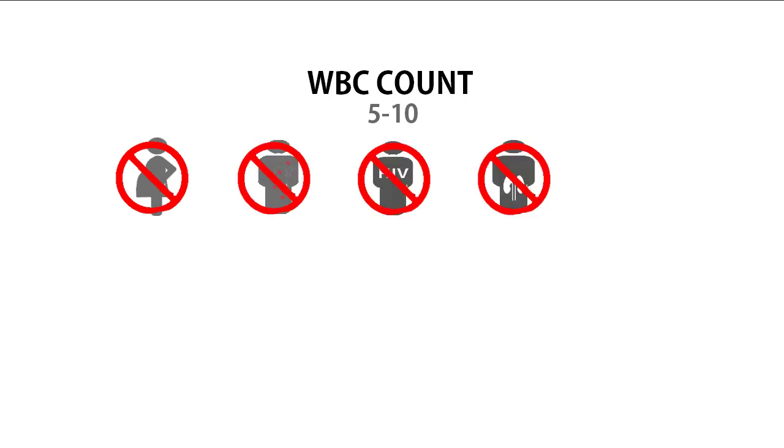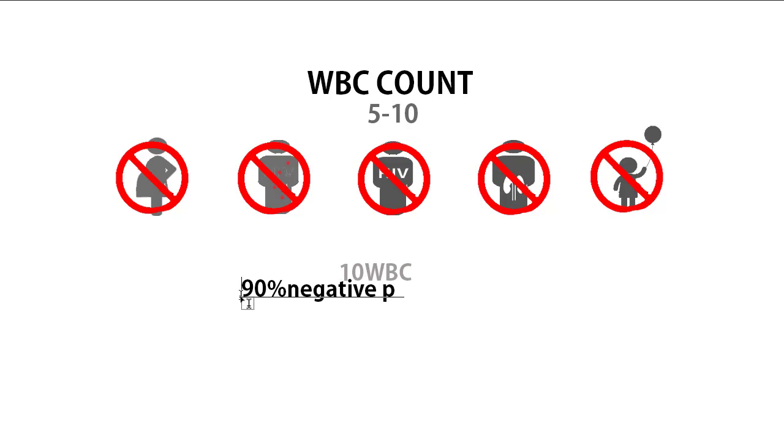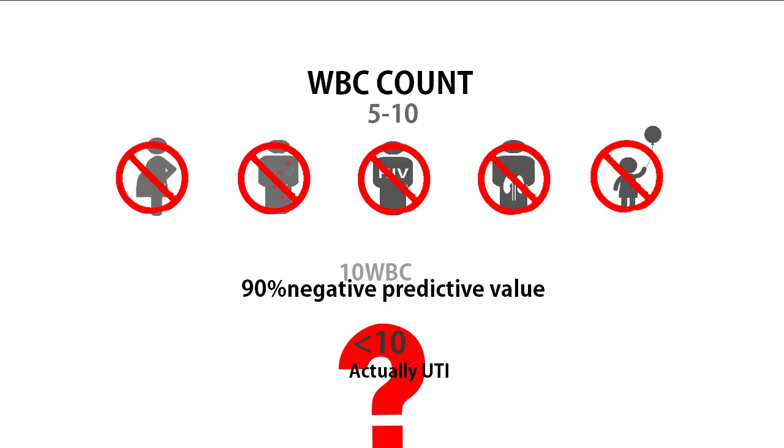Our lab WBC count cutoff for a positive UA is 5 to 10, unless someone is pregnant, neutropenic, HIV positive, history of renal transplant, or pediatric. 10 WBC in the urine is associated with 90% negative predictive value. Therefore, if you are lower than 10, you should question whether this is actually a UTI or if it is